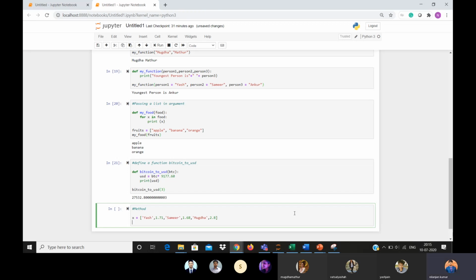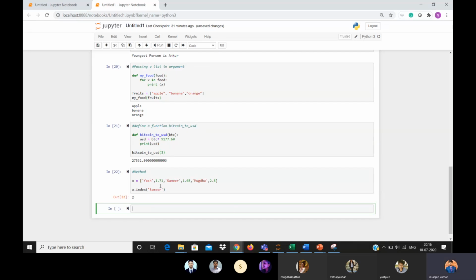Now let's say I have to see the index of any place. Let's say x.index of Samir. So it's on index 2.